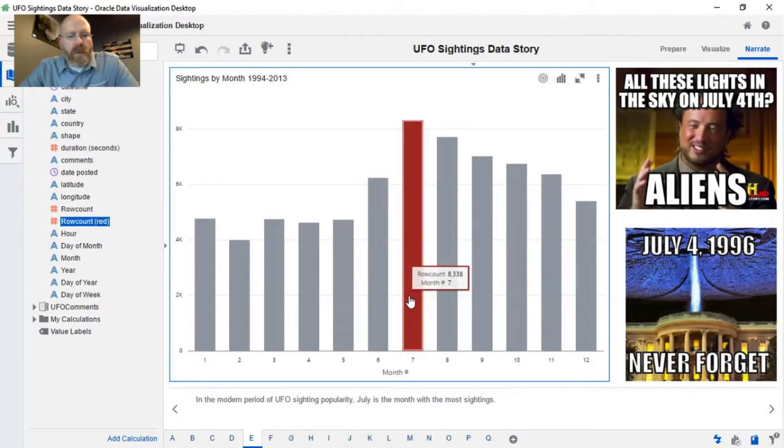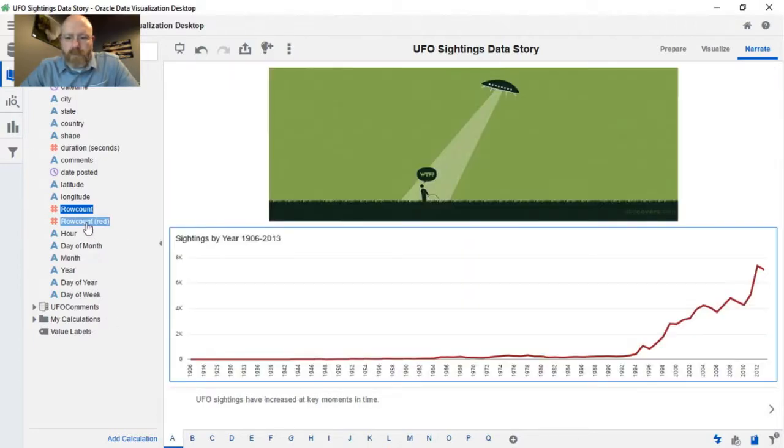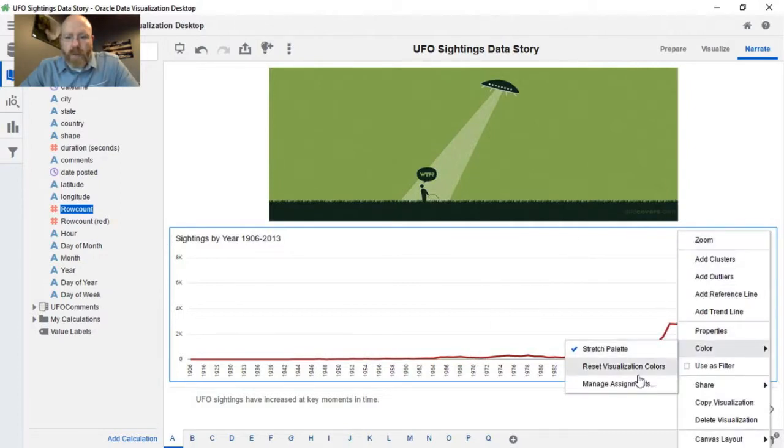What I did here is actually had to create one that I could keep gray and one that I could have red for in instances where I wanted to call out a specific month like this with one color. I had to use this particular measure, but back here on my line charts where I wanted my line to be red and not gray, I had to use this row count red and go into the color assignments to actually show